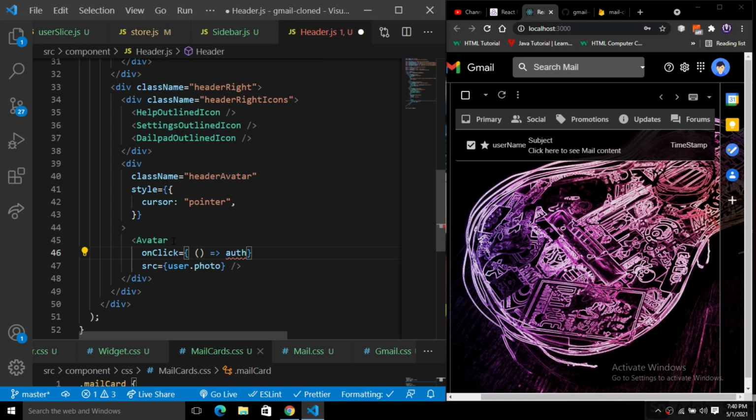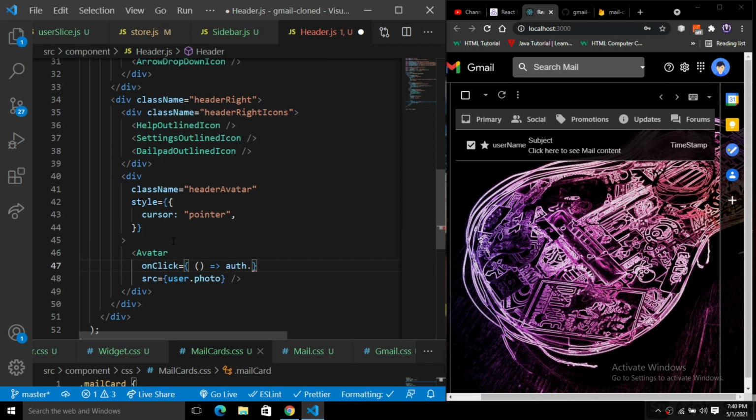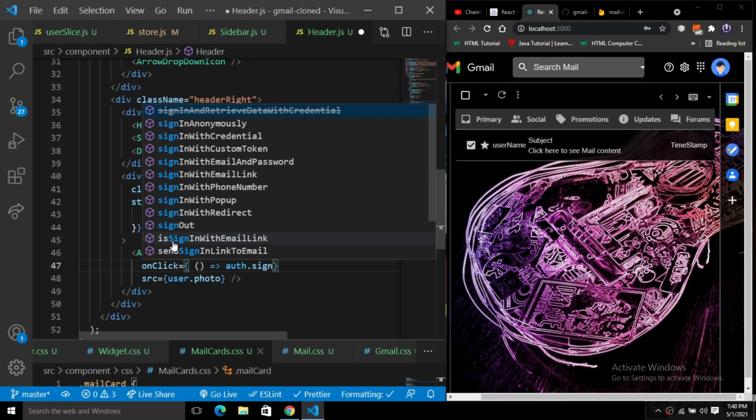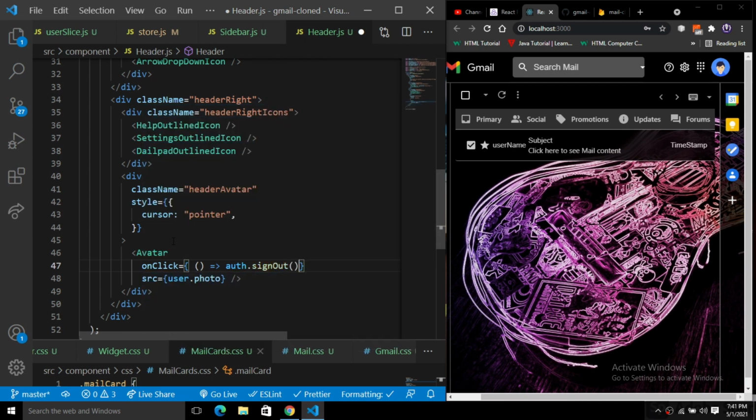First of all we have to import the auth. So auth.signOut function. When we click on this avatar, we will simply log out from there.